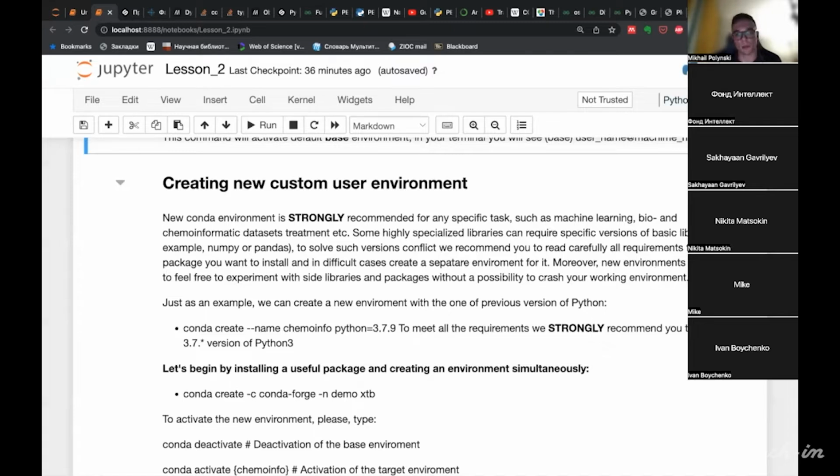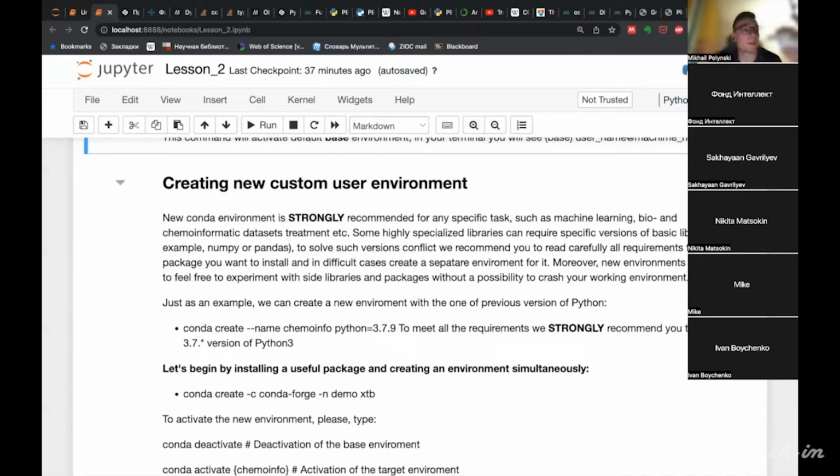If you have a project that implies using some specific libraries, these libraries can have so-called dependency conflicts.